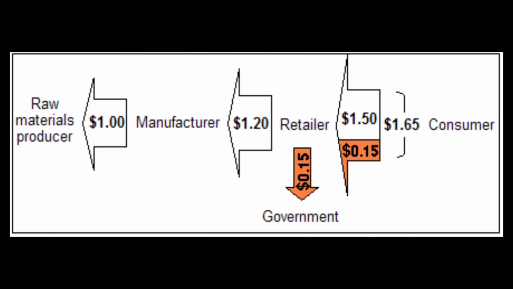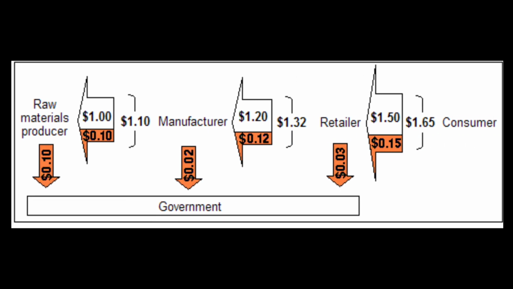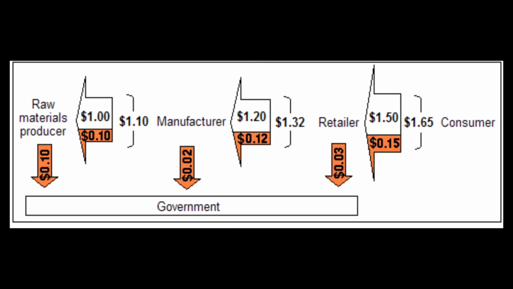But in the previous scenario where sales tax is applicable, or general sales tax, here also total tax paid to the government is $0.15, but all of it is paid at the last stage, that is, it is paid to the government by the retailer. So I hope this example clarified your concepts about sales tax and general sales tax, general sales tax versus value added tax. What were the key differences between the two, and how each regime of sales tax, that is general sales tax and value added tax, is administered.